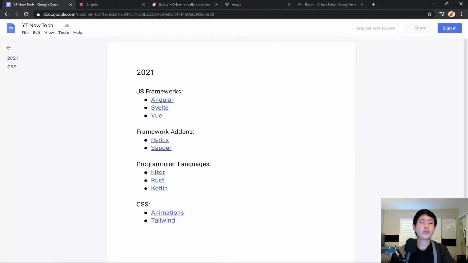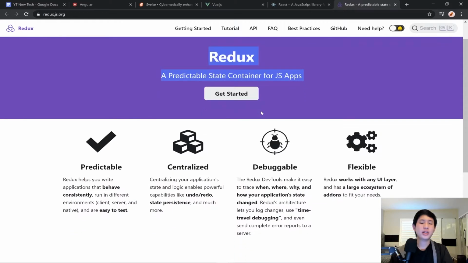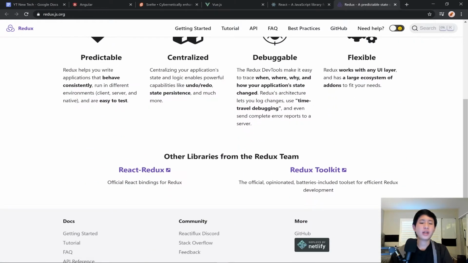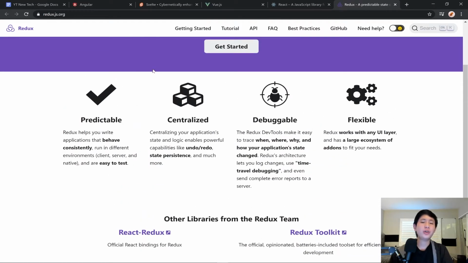So as far as JavaScript frameworks, that's pretty much what I'm looking to learn. Framework add-ons are like, if you learn one of these, there are other libraries that help you do even more with them. And one of them that I'm looking to learn is Redux. Now, Redux is a kind of state management library add-on for React, but I currently use React Context, and I